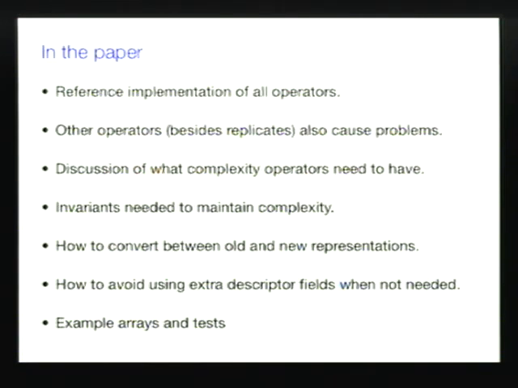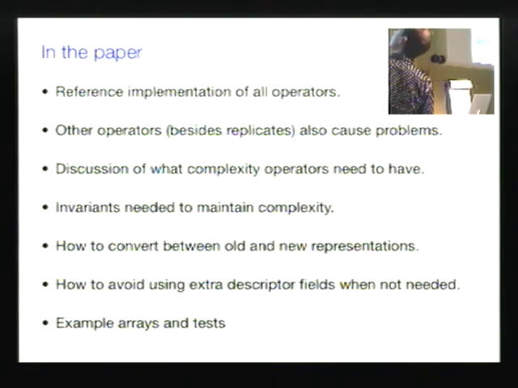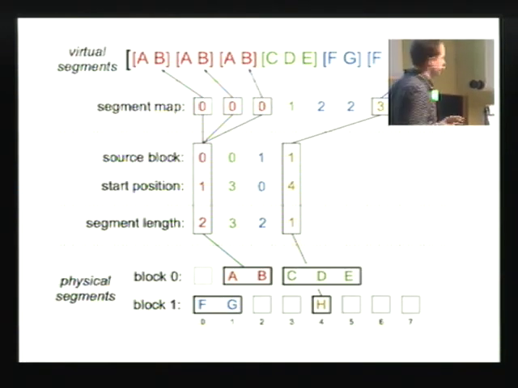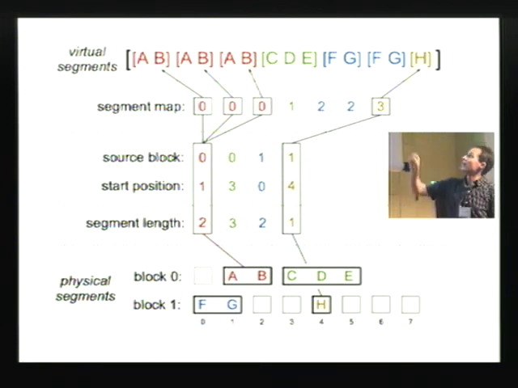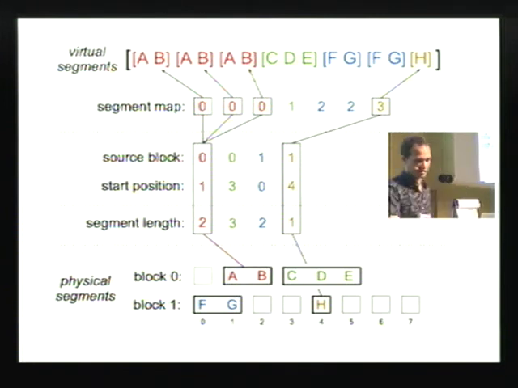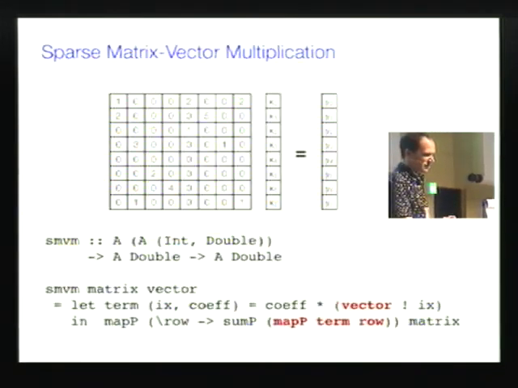There's more stuff in the paper, which I just summarized before. There are a couple of invariants that you need to maintain on this representation, but in particular, you can't have descriptors of physical segments that are not reachable from the top level segment. So for instance, we can't have an extra column here pointing to some segment, but that segment is not reachable from the logical description because that breaks the complexity of some other operators. But it's a fairly straightforward invariant. So skipping to the benchmarks,